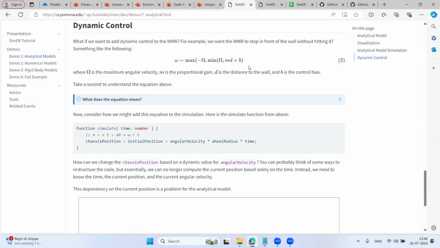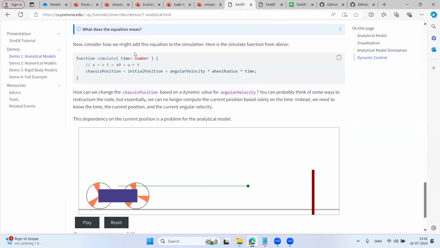You can fake it, and you can say, okay, as I move through time, I can just recompute from the beginning as the wheeled mobile robot gets close enough to the wall. So I could say, okay, I know it takes 5 seconds to get into range of the distance sensor. Well, that first 5 seconds, I don't have to simulate. But at some point, you're going to have to do something iteratively. You're going to have to update it on the fly. And that would lead into the second demo.